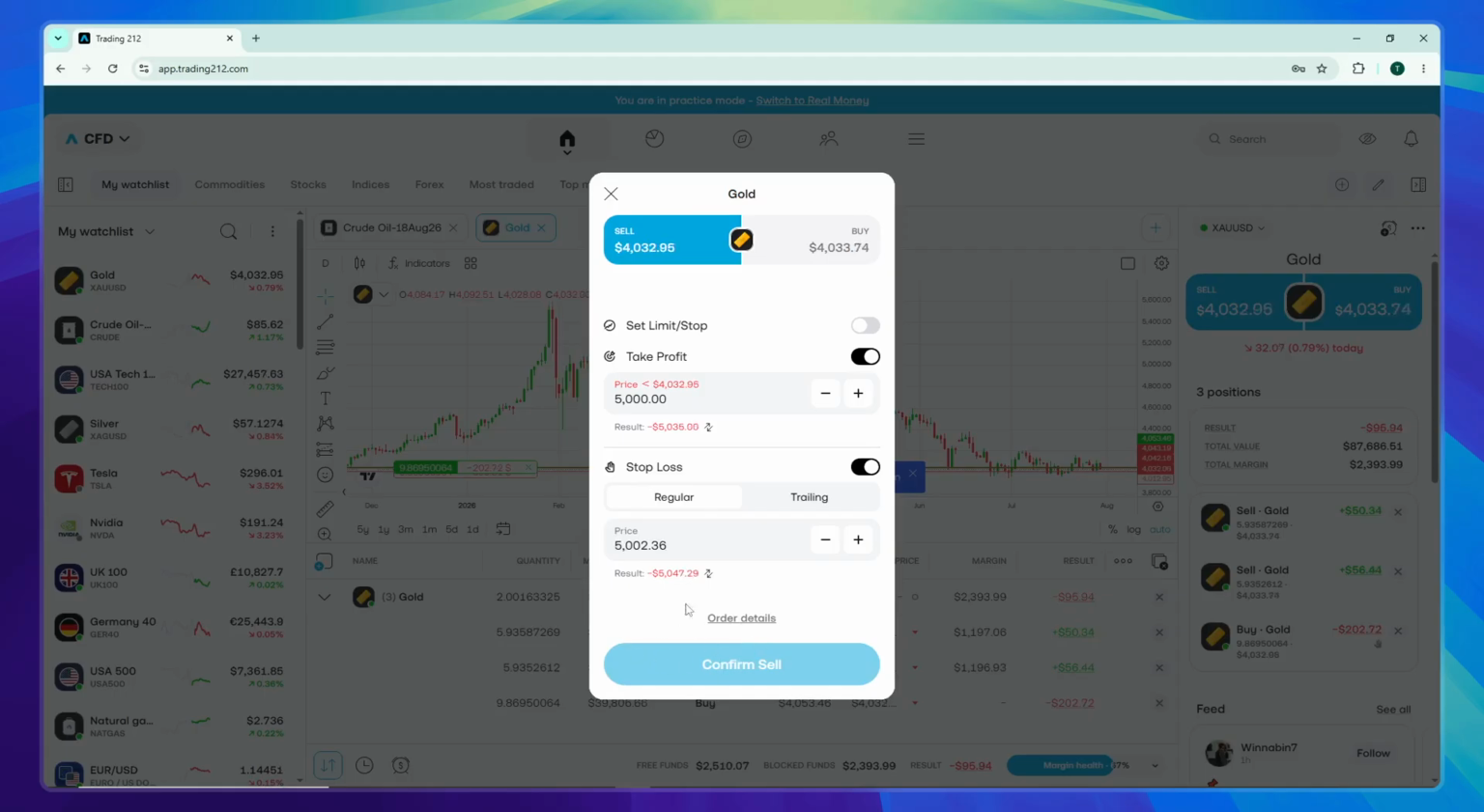And that's it. You've successfully set up a short sell position on Trading 212 with proper risk